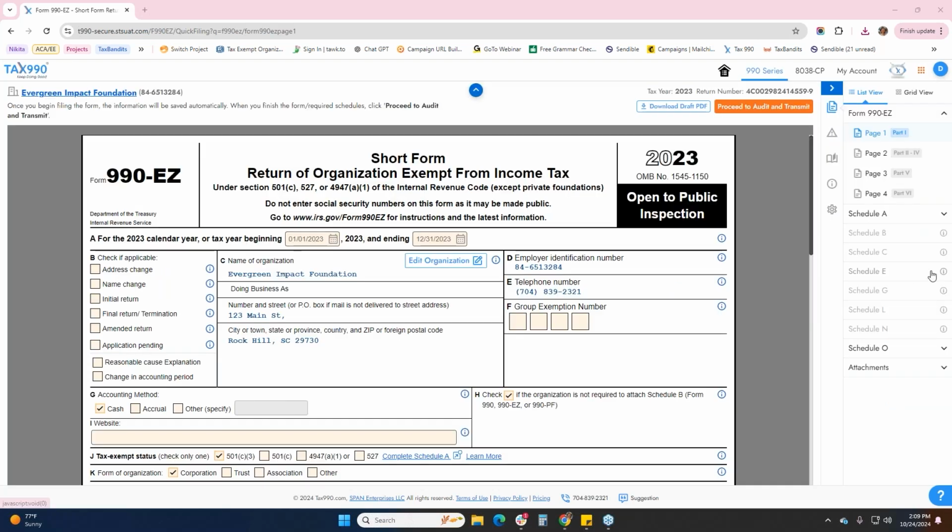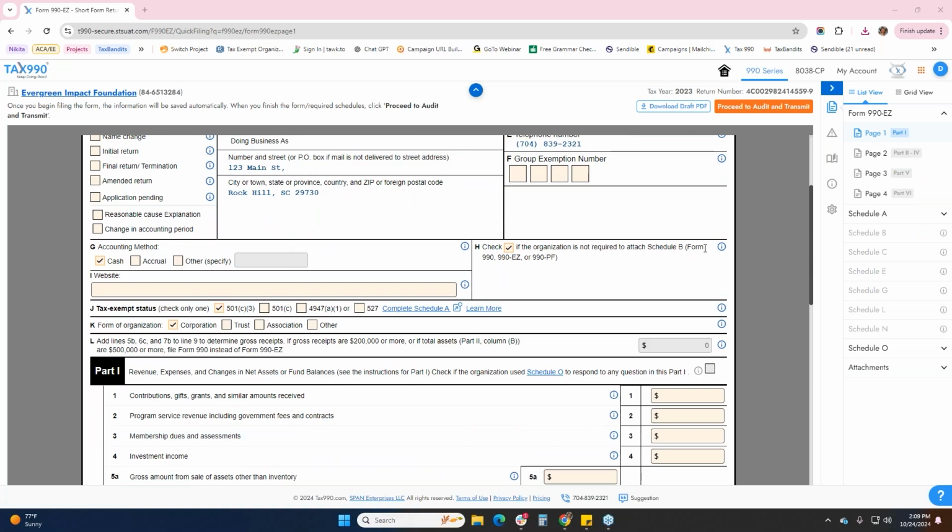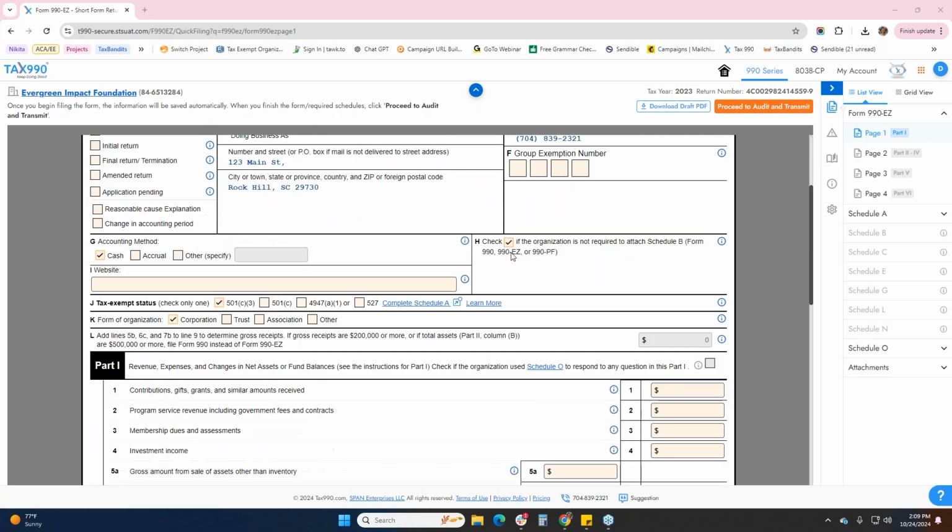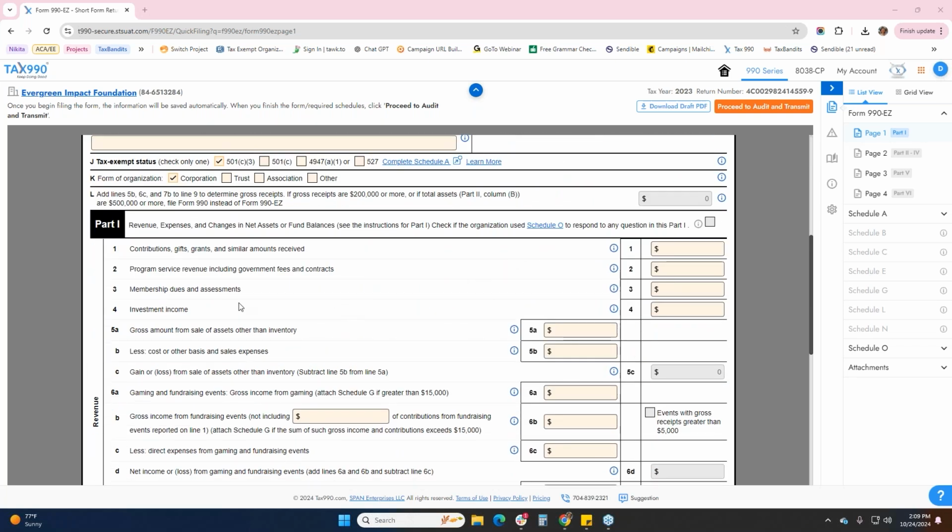Okay, there we go. So like I said, I have already completed the majority of this form just for the sake of today's demo and for time. So we'll go ahead and look specifically at the balance sheet information and the process of filling that out. On page 1 here, we're going to start by inputting our revenue,